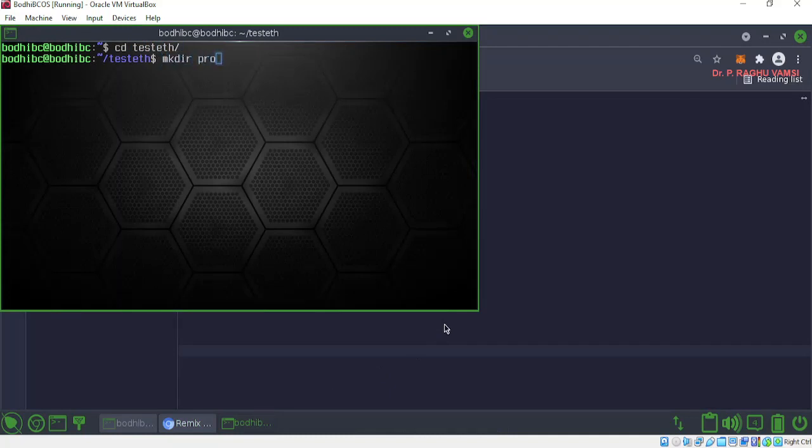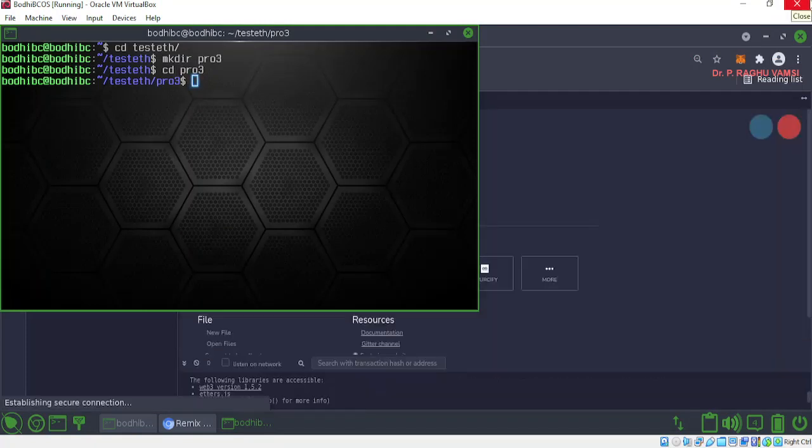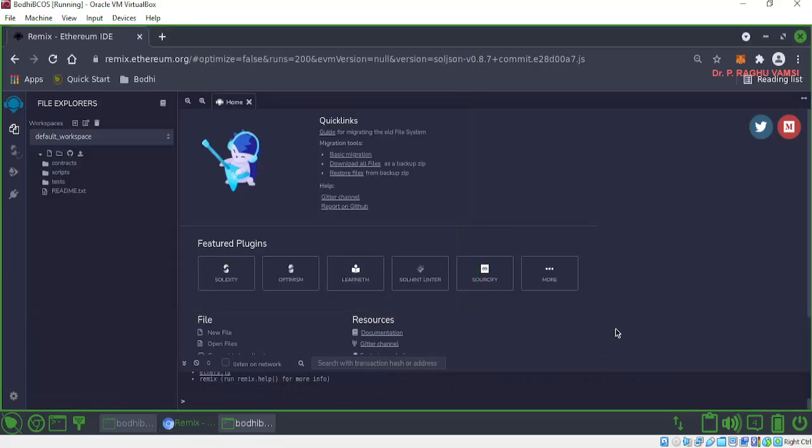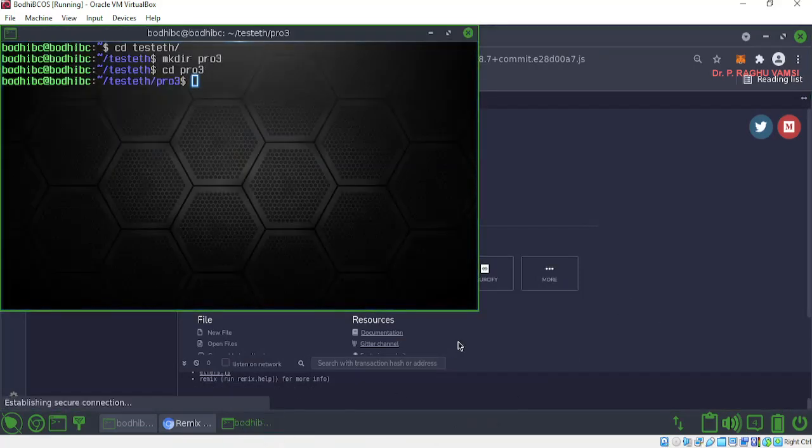mkdir pro3, cd pro3. Now there is a command called remixd. Okay, remixd.